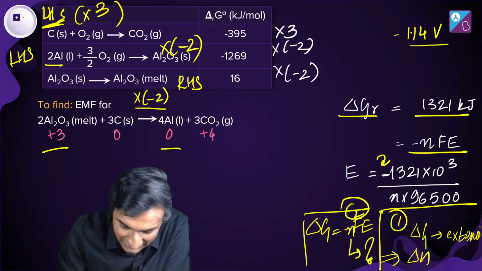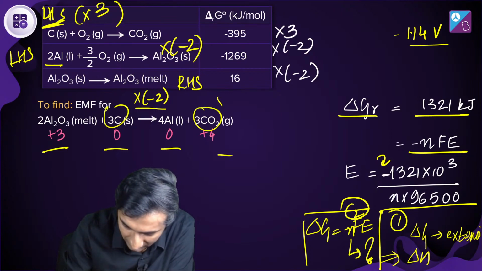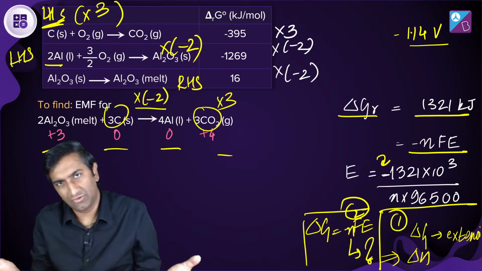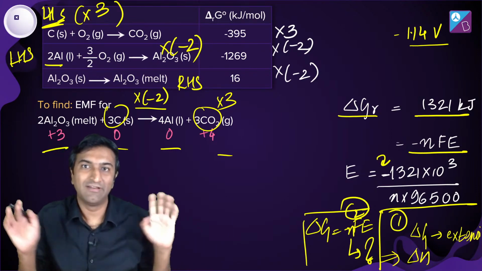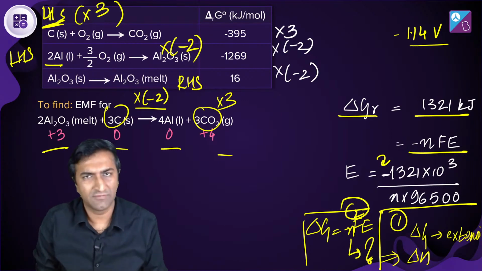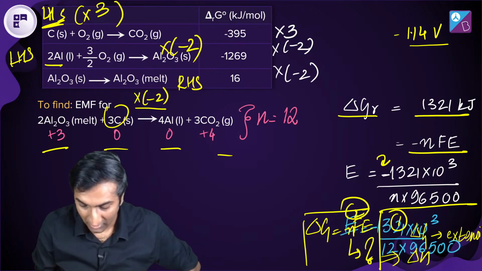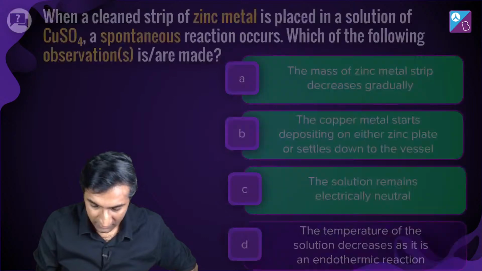Plus 3 oxidation state से जा रहा है 0, ये जा रहा है 0 से 4. So either multiply this into 3 or the other way around is a little tricky, but you get the same thing. ना redox reaction में ही तो beautiful चीज है. Whatever number of electrons are there in reduction, same number of electrons होंगे in oxidation, right? यहाँ पे क्या है oxidation वाला देख लेते हैं. n is 12. Quick way to do it. Yes. n is you're absolutely right. So n is 12, then yeah, absolutely right.